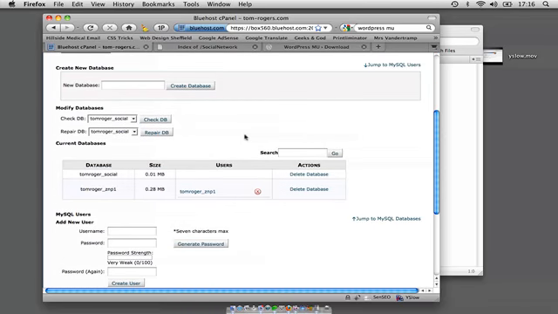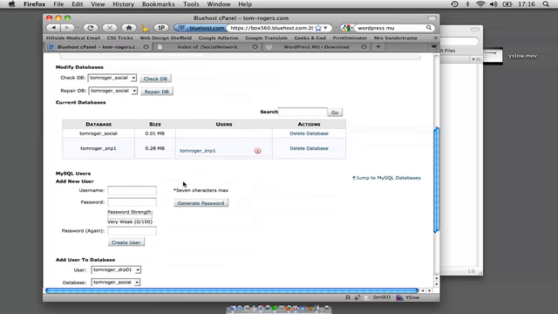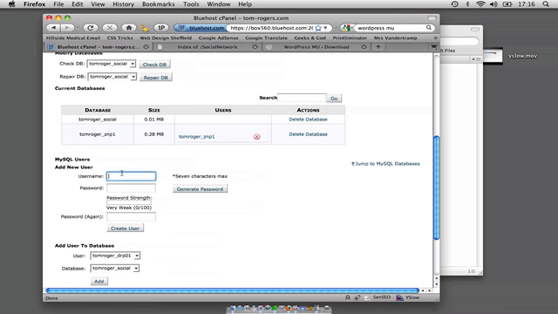We're also going to want to add my MySQL user that we can assign to that database, and I'm going to have full permissions to that database but nothing else. So I'm just going to name my user